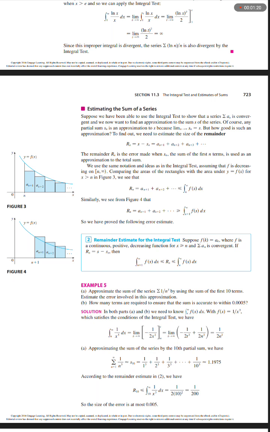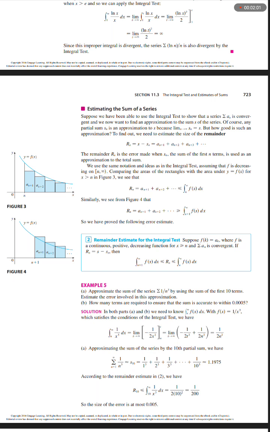The remainder R is the error made when s sub n, the sum of the first n terms, is used as an approximation to the total sum. We use the same notation and ideas as in the integral test, assuming that f is decreasing on the interval from n to infinity. So comparing the areas of the rectangles with the area under y equals f of x for x greater than n in figure 3, we see that